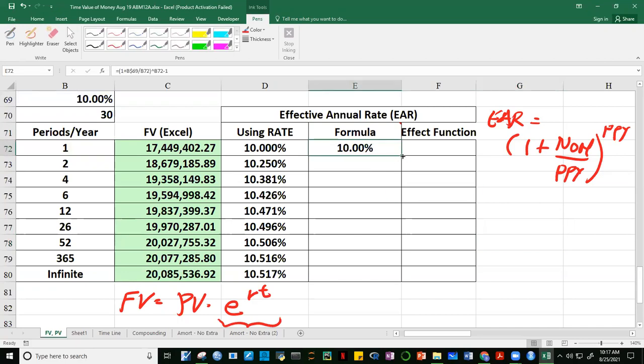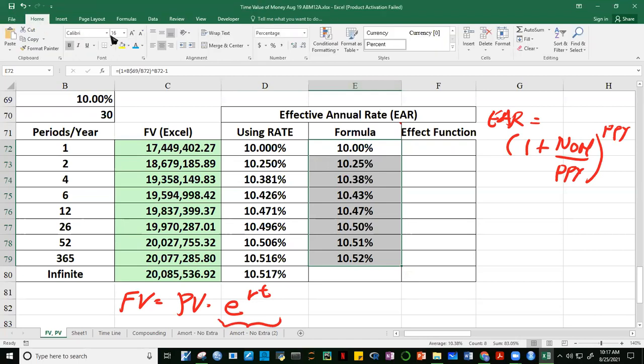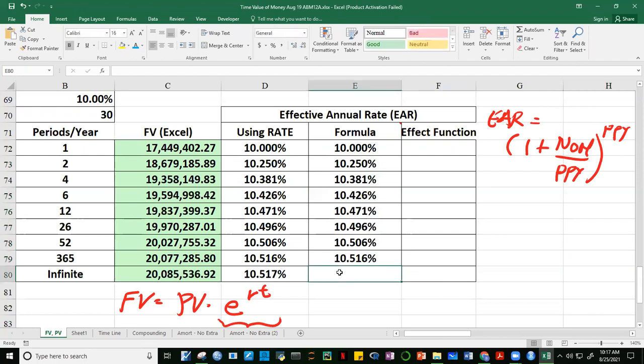So ito hindi natin pwedeng ma-copy down kasi infinite yung salita dito eh. Equal to exponential to the